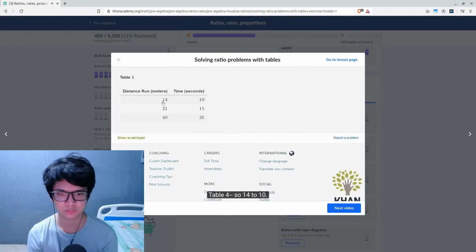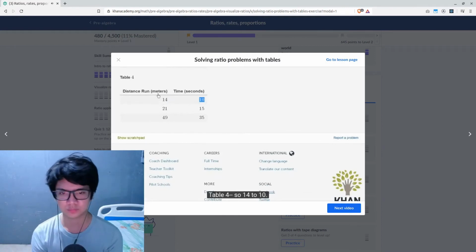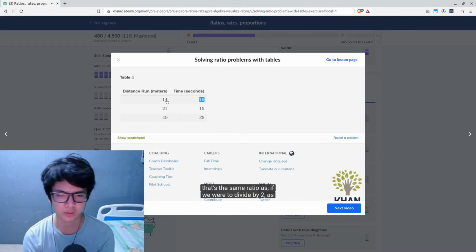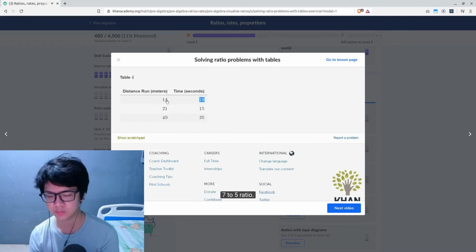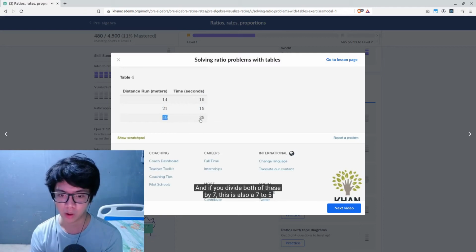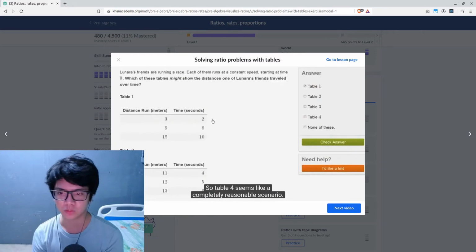Table 4, so 14 to 10. That's the same ratio as if we divided by 2: a 7 to 5 ratio. If we divide both of these by 3, this is also a 7 to 5 ratio. And if you divide both of these by 7, this is also a 7 to 5 ratio. So table 4 seems like a completely reasonable